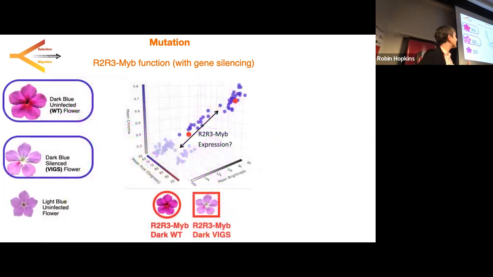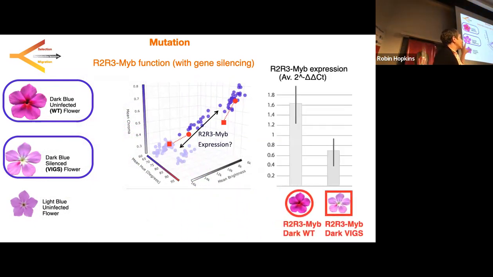So we can look more carefully at this in our color space. We can show that on the uninfected, unsilenced side of a plant, we're dark, and on the light infected side flowers, we get a shift in the axes that we would predict. If we lower expression, then we lower this color. And sure enough, what we can show using qPCR is that we have effectively silenced this gene in these flower buds, and that pretty much recreates the difference in expression that we see in nature. All right, this is pretty cool.